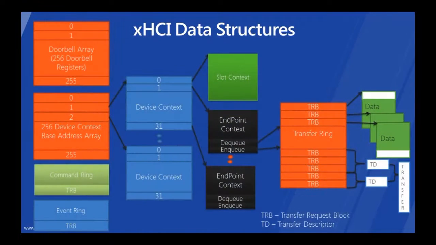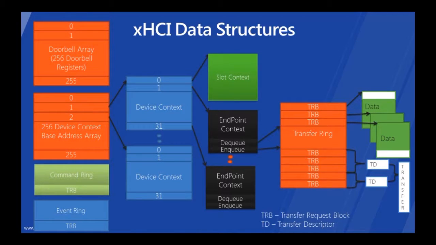This slide shows all the XHCI data structures and how they are related to each other. To understand this, let's first understand the two sets of numbers you see on these slides. There is 255 and then 31. 255 is the maximum number of devices supported by a single controller. 31 is the maximum number of endpoints each device can have. So let's now explore